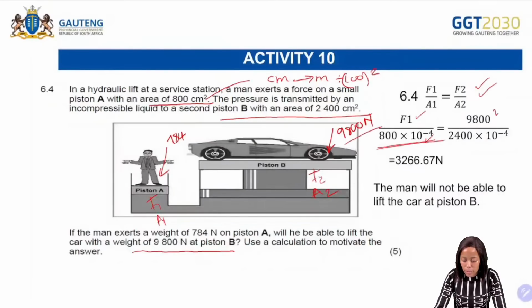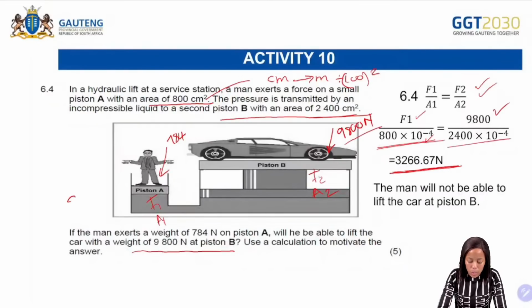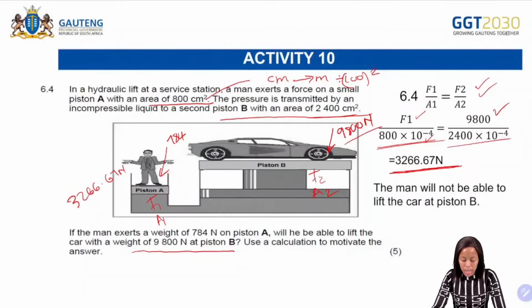F2, we have F2, so we just substitute. And then we have 2,400 centimeters squared. Again, what are we going to do? Divide by 100 squared, okay? So that then gives us a force of 3266,67 Newton. Now the question says, if the man is exerting 784 Newton on piston A, will he be able